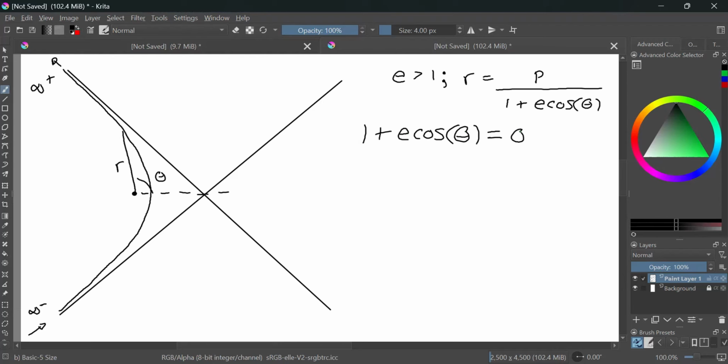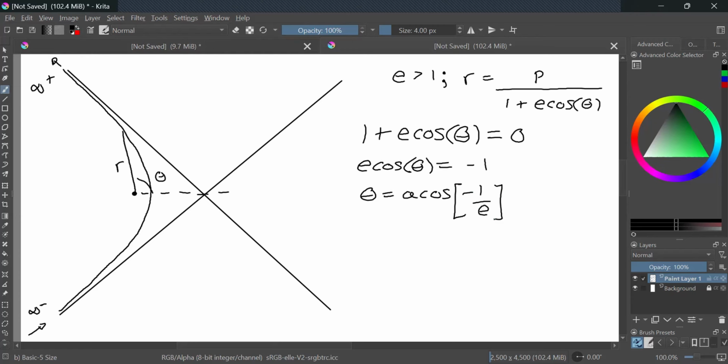And if we were to solve for this, then you would see that at the arc cosine of -1 over the eccentricity, we effectively lose contact with our